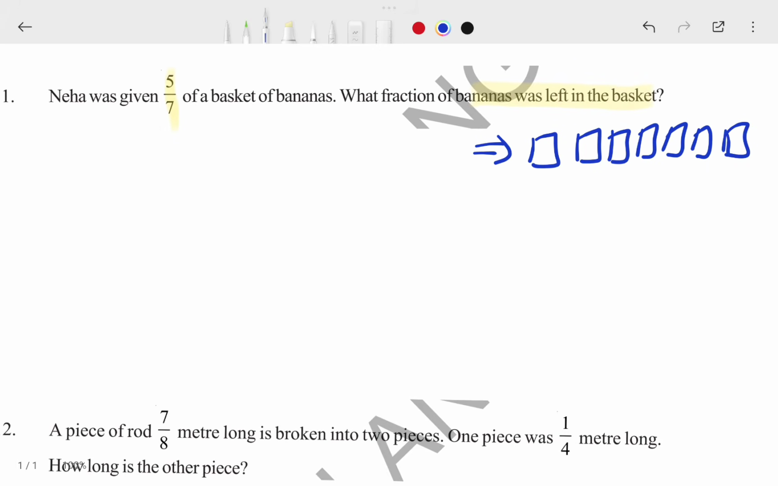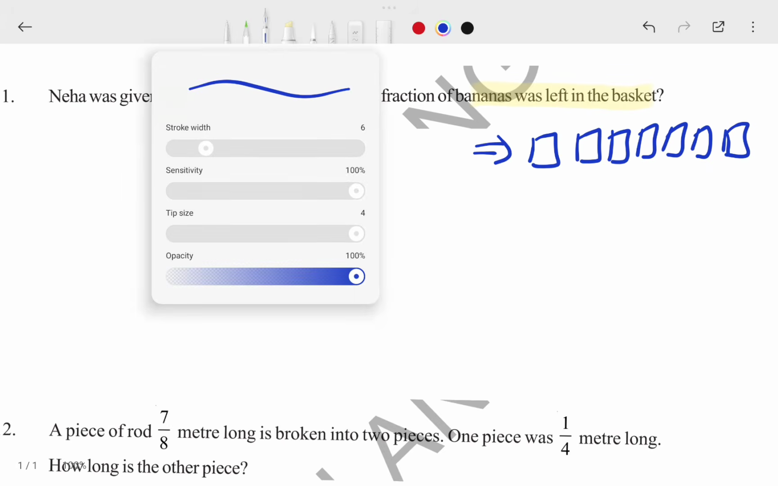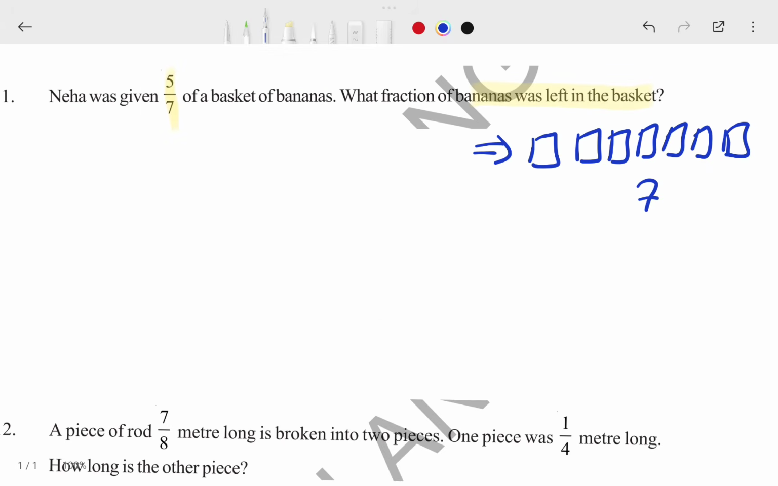In the 7 boxes, how many boxes do you have? You have 7 boxes in total. In that, you have not given any boxes to anyone. So it means in total you have 7 by 7 boxes. Let's suppose out of these 7 boxes, you give 5 boxes, 1 2 3 4